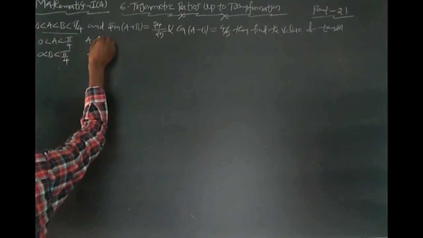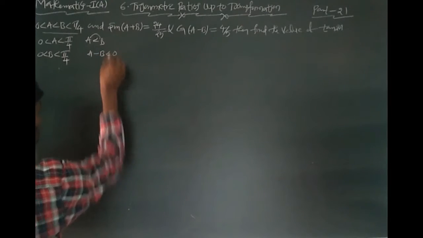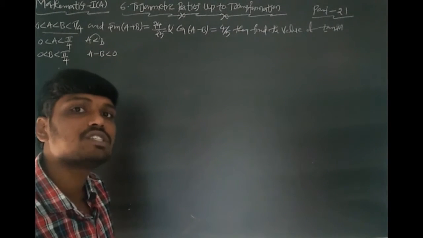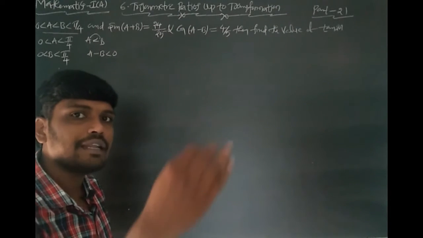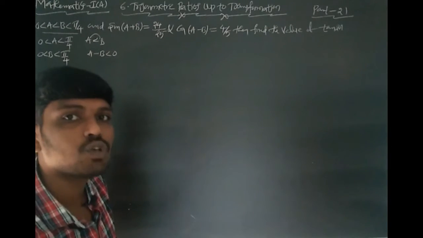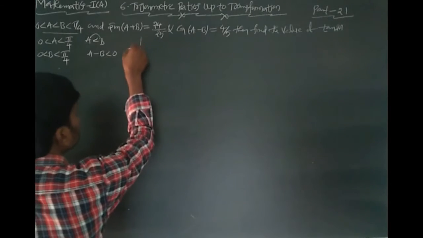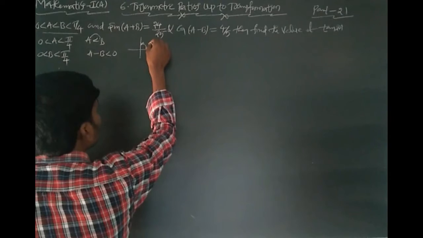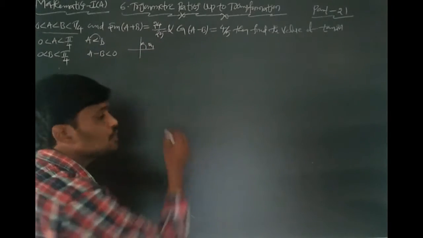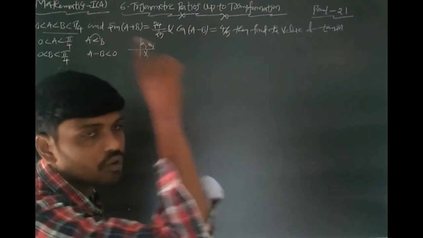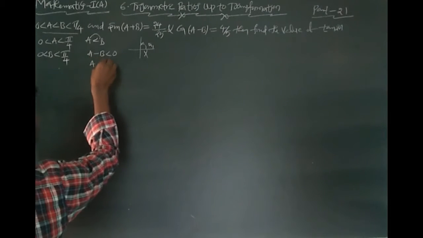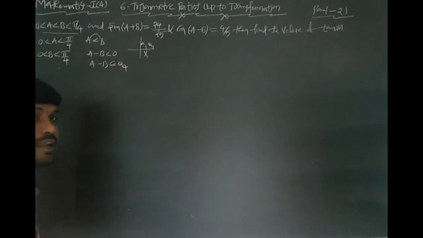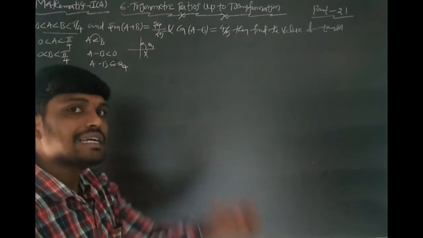Here, what is the a minus b value? A minus b is also less than 0. Less than 0 means which angle? Negative angle. A minus b being negative, which quadrant is that? Suppose a positive value is the first quadrant, and a negative value is the fourth quadrant. That's why a minus b lies in the fourth quadrant.